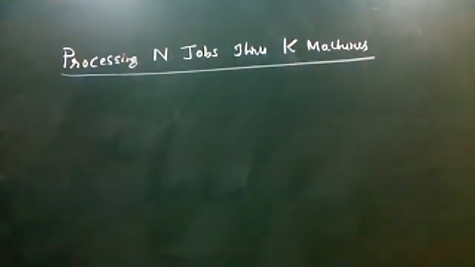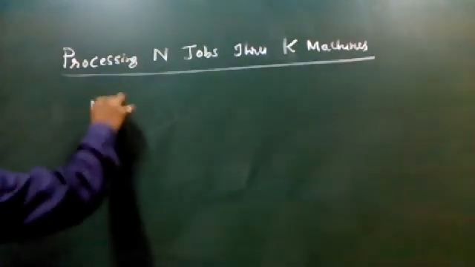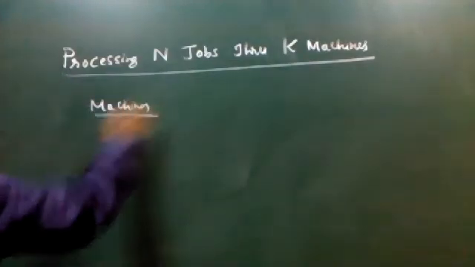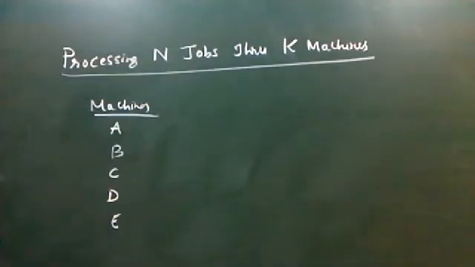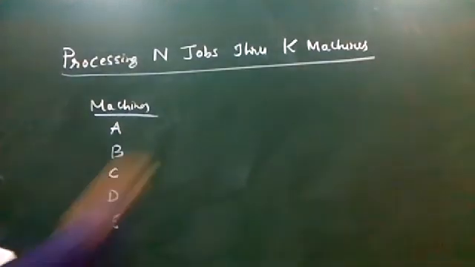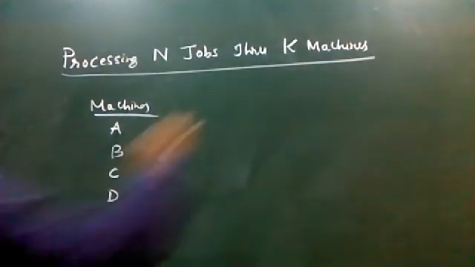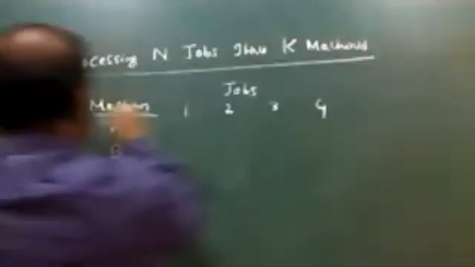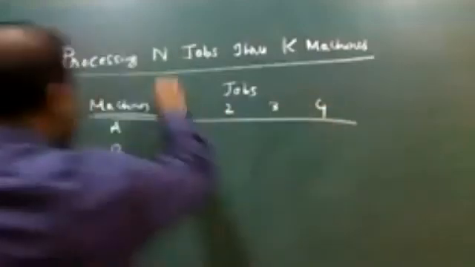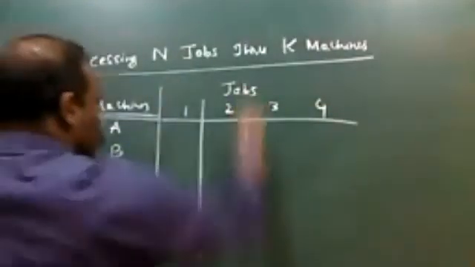So, let me explain this concept with a question. I think that will be better so that you can also understand the concept clearly. Okay, I'll just write the question. I want everyone to please understand the concept clearly. There are machines A, B, C, D, and E. There are totally 5 machines given to you. And the jobs are given as 4 jobs, 1, 2, 3, and 4. Okay, 5 machines and 4 jobs. This is what the question is all about.